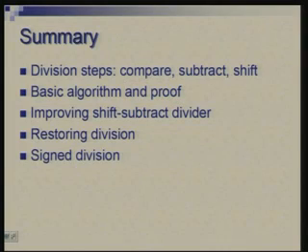In the circuit, then some improvements were made. The first improvement was to reduce the size of the subtractor. Instead of a 2n bit subtractor, we reduced it to an n bit subtractor, and then we did some improvisation and reduced the number of registers. So, ultimately we worked with one n bit register and one 2n bit register.